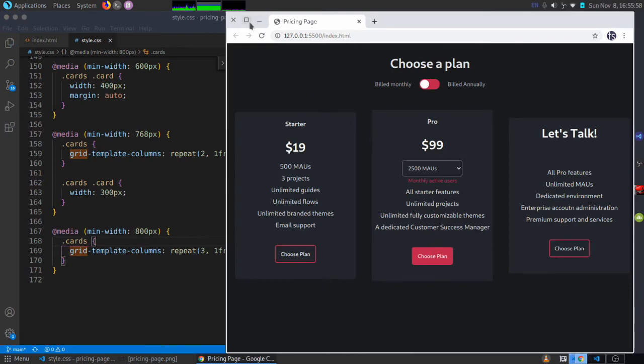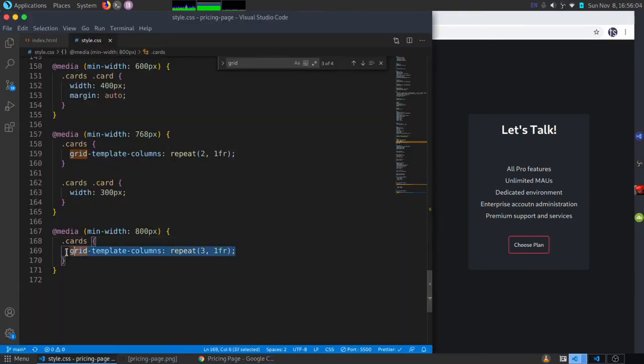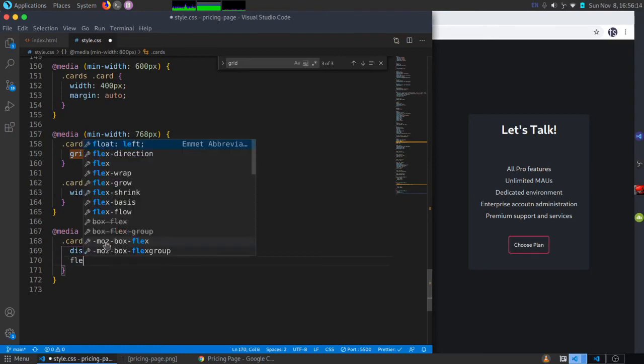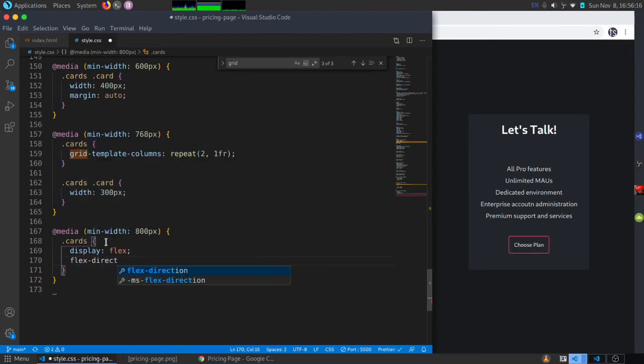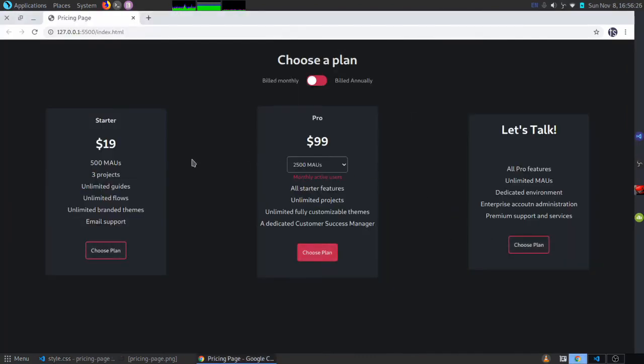And as you can see, there's already a problem right here. So instead of this, I'm going to do display flex. And let me just do flex direction to see if it renders off column. This should put them in column form, and okay, it's working. So display flex, and then